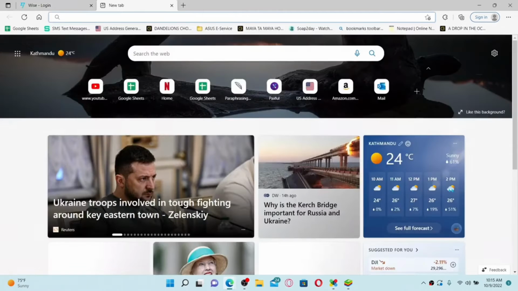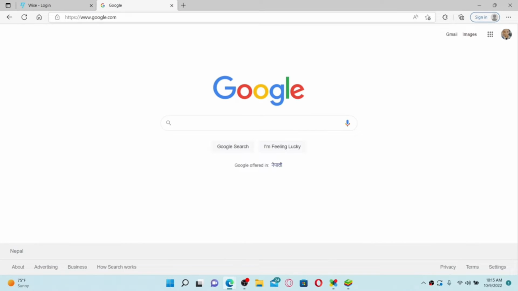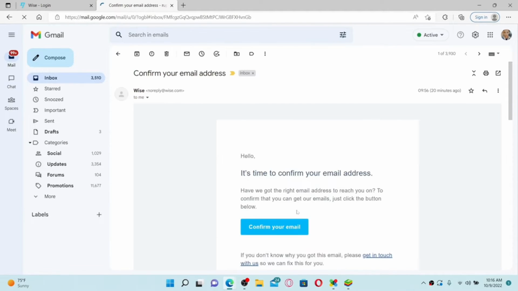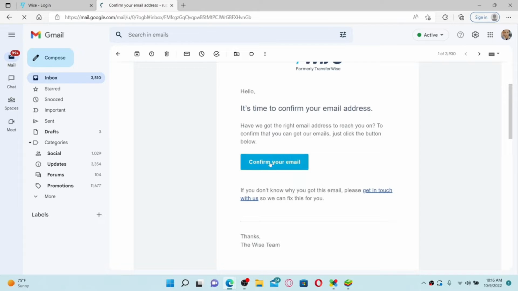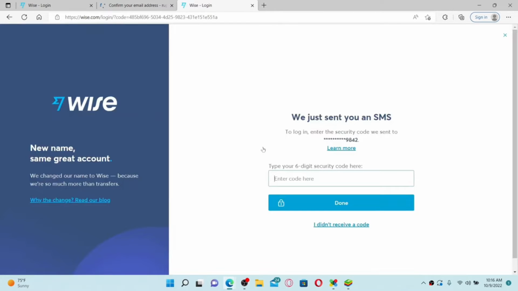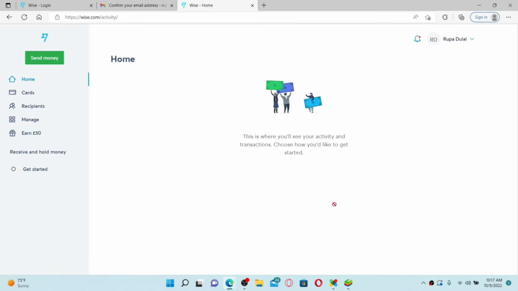Wise.com account. Open up a new tab and log into your email account associated with Wise.com and open up your inbox. Click on the email that you received from Wise and confirm your email address by clicking on Confirm Your Email. Once you're done with your email verification, click Continue. Now, you also need to enter the security code that has been sent to the mobile number associated with Wise.com. Enter the code that you received in the text box and click Done. After verifying your phone number and your email, you'll be able to log into your Wise.com account,